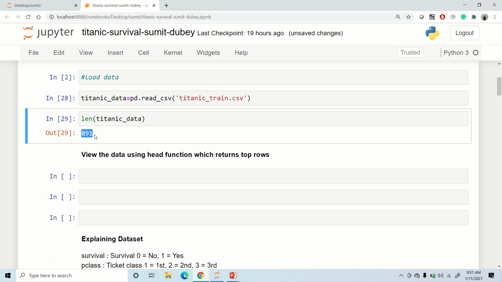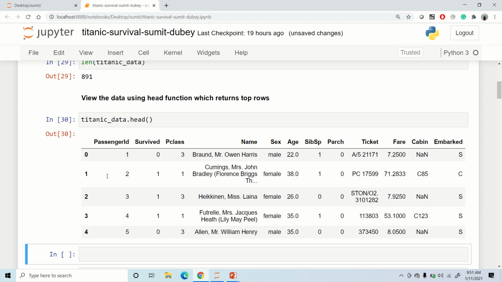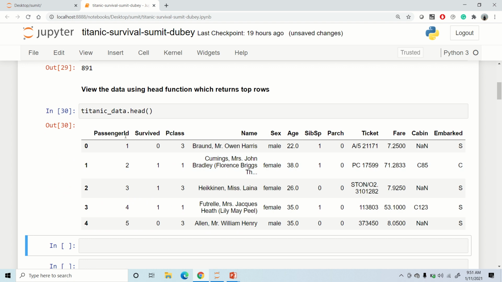This data set I am going to use for making predictions regarding the Titanic. We'll see what is there in this data, and this particular data set will be used for train test split, doing modeling, etc. Great. First of all, let's see what is there inside my Titanic data frame. So I'll say titanic_data and then head. We can see this is the information about the passengers who were traveling on the Titanic, and there was a disaster with the Titanic, and most of the passengers died.